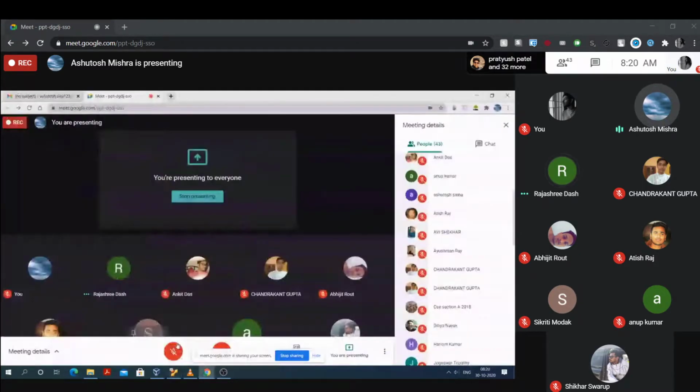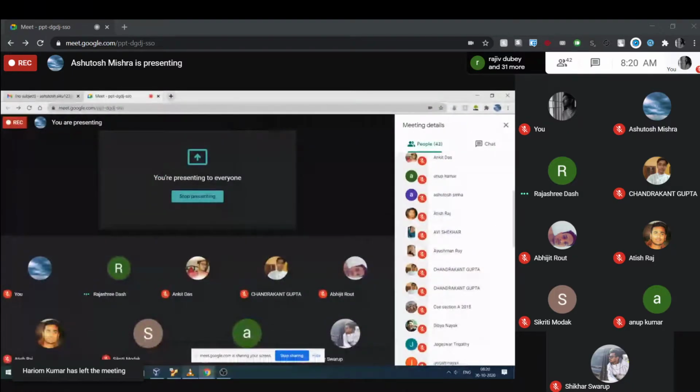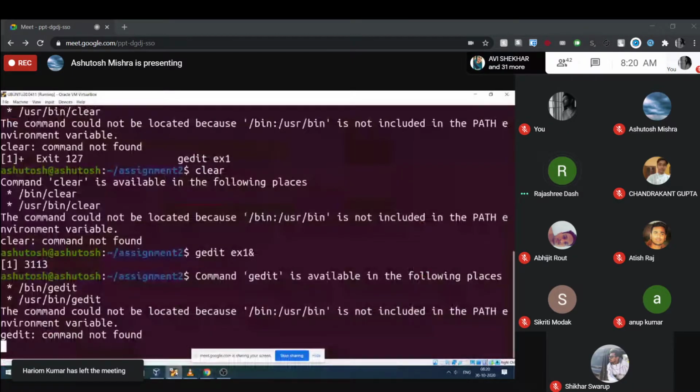Ma'am, why is the gedit command not working after setting the path?